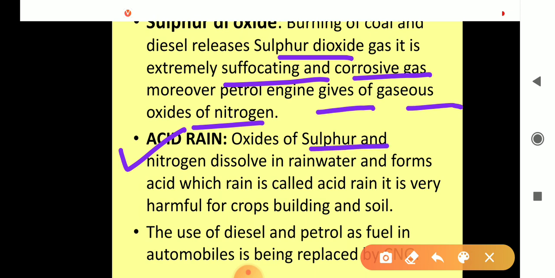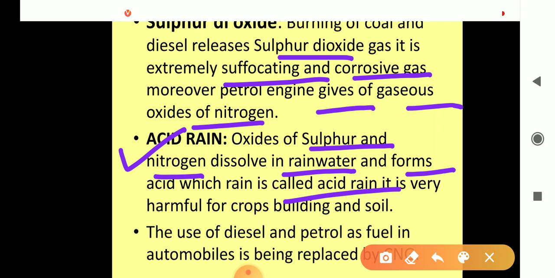The oxides of sulfur and nitrogen react with the moisture present in the environment, and when the rain comes, they come down with the rain, and this type of rain is called acid rain. It is harmful for buildings, soil, even for microorganisms and our skin also. It can cause itching in our skin, and it is dangerous for all microorganisms also,